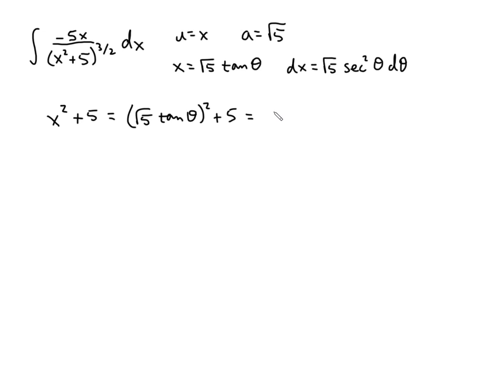Squaring the root 5 gives you 5, so you get 5 tan squared theta plus 5. And then notice that you can factor that 5 out. You get 5 times tan squared theta plus 1. And then if you remember your trig identities, tan squared plus 1 is secant squared. So this becomes 5 secant squared